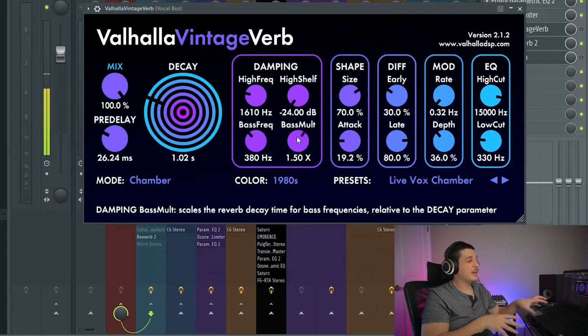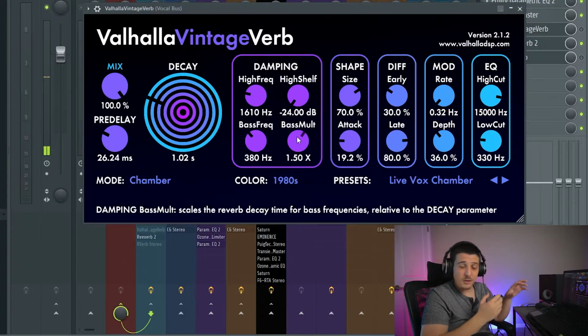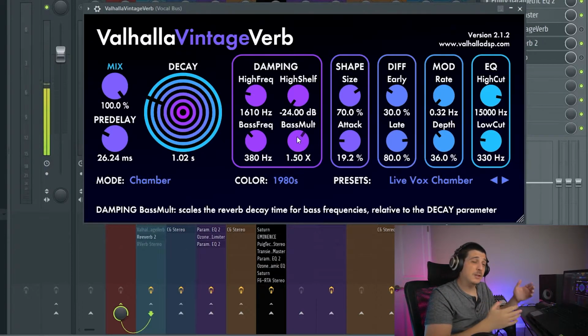Now, more of this bass means a warmer or darker sound, while more high end means a brighter sound like we had just heard. If we give this a listen,